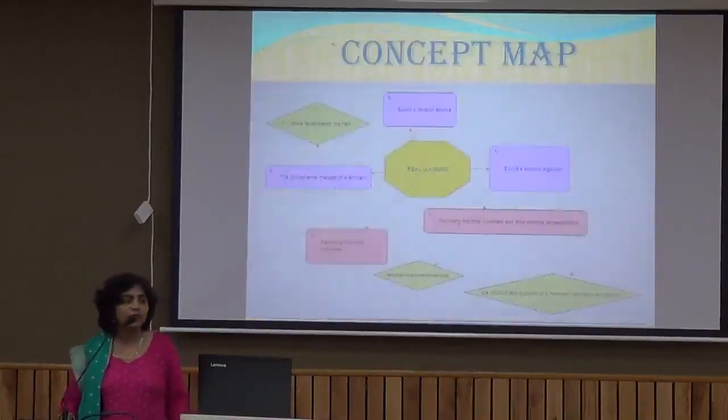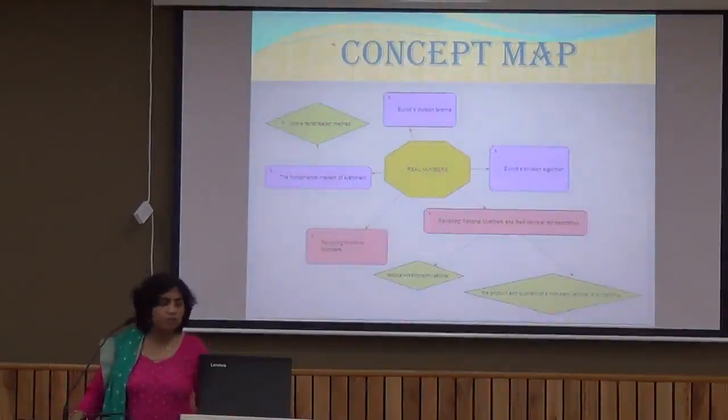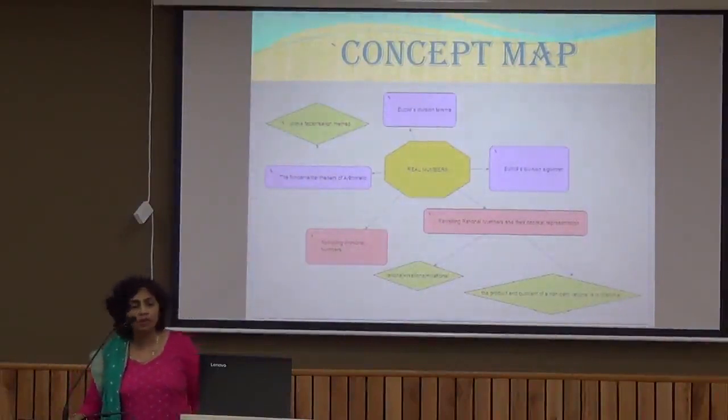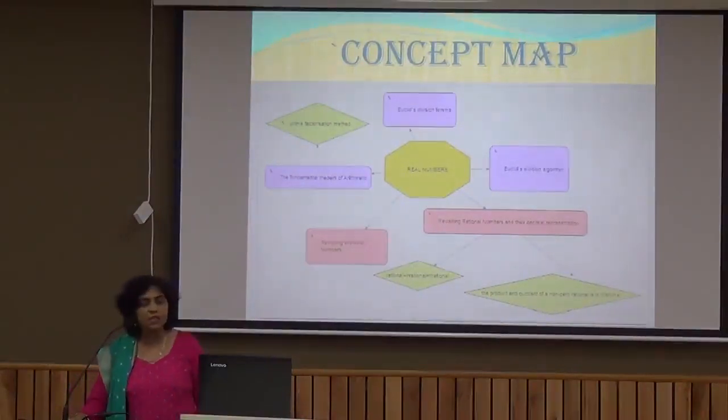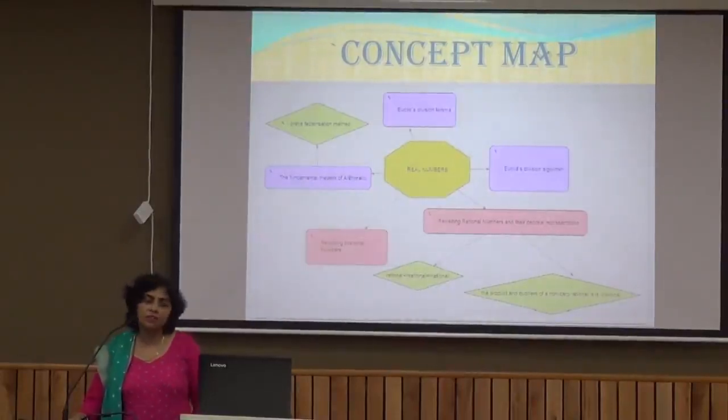That's all for the chapter. Let's look at a quick recap. Real numbers: we have Euclid's division lemma, then Euclid's division algorithm to find the HCF of two numbers. Then we have the fundamental theorem of arithmetic, which gives us prime factorization, and again with the help of this we can find HCF and LCM. And we revisited irrational numbers, which we had done in class 9, to see whether the numbers are terminating or non-terminating. Thank you, students.